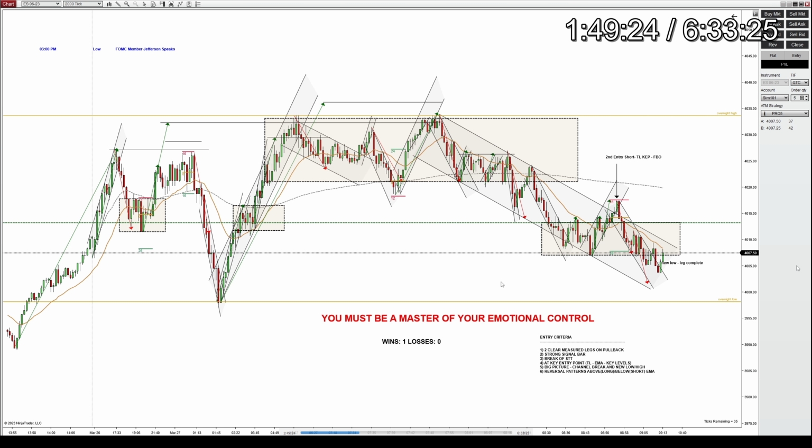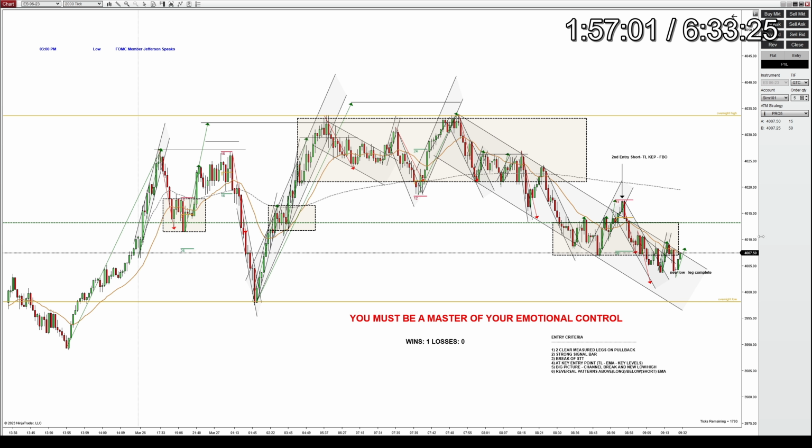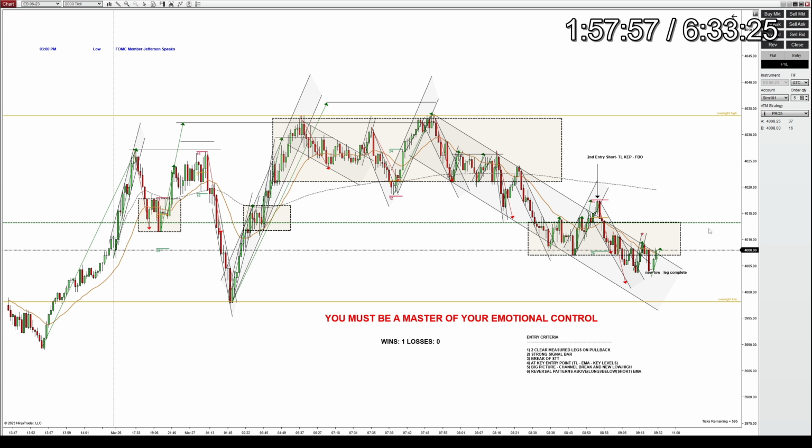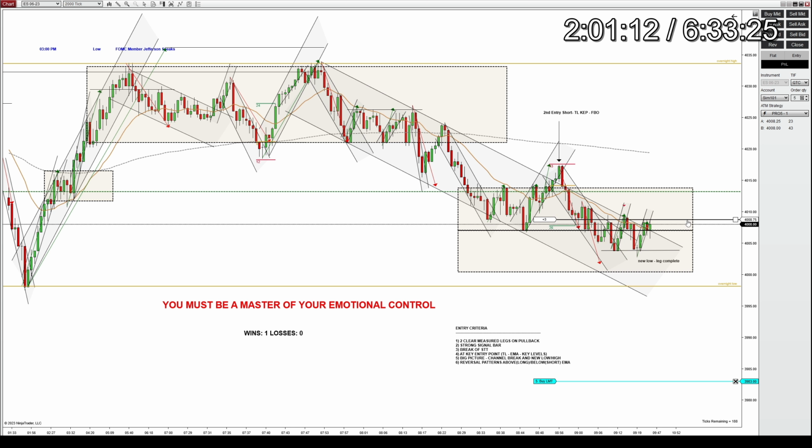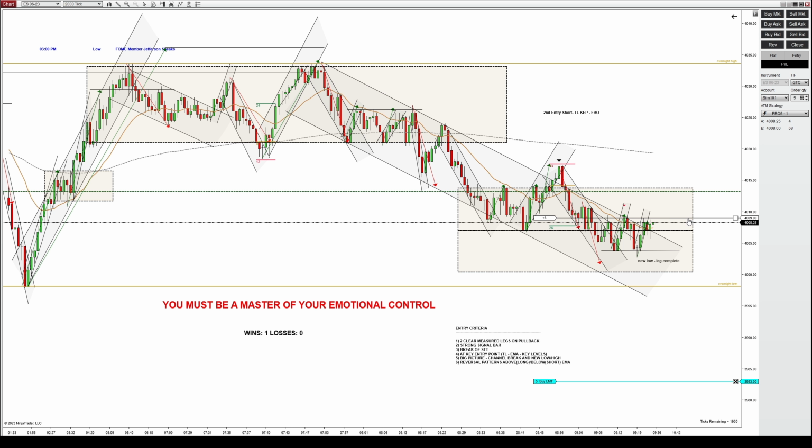And if I fast forward this a little bit, you can see that it's in fact trying to reverse. So anyhow, I'll stop the